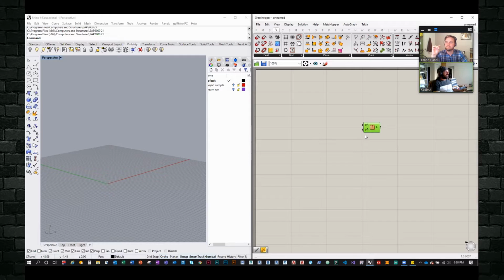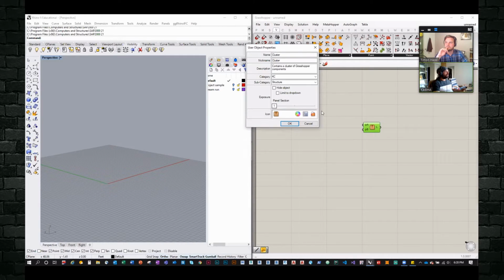So if I select my cluster, you can go to File and say Create User Object. And so you want to name it. I would strongly recommend being as specific as possible, because it can get really out of hand very quickly, and then you're basically just trying to drop a lot of items that are clustered that you have no idea what you're dropping.